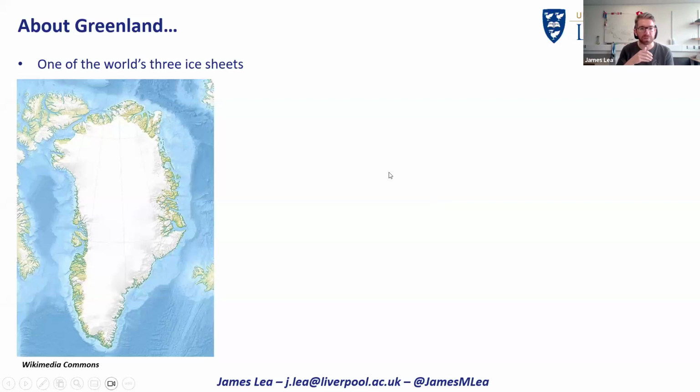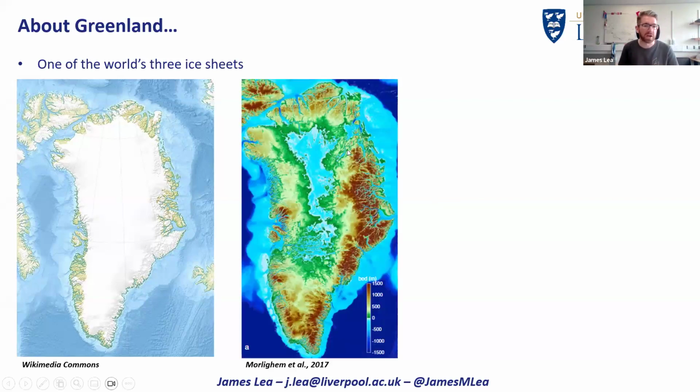For those of you who aren't necessarily familiar with Greenland, the Greenland Ice Sheet is truly massive. It's one of the world's 3 ice sheets. It's about 8 times the size of the United Kingdom, or in other units, about 104 times the size of Wales. And its highest point is 3,200 meters above sea level. But in terms of the ice that's actually in Greenland, there's about 7.2 meters worth of sea level equivalent locked